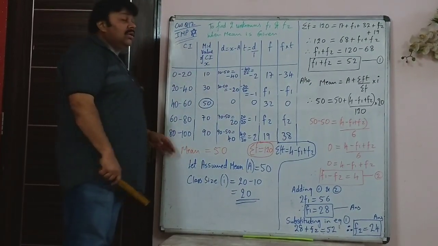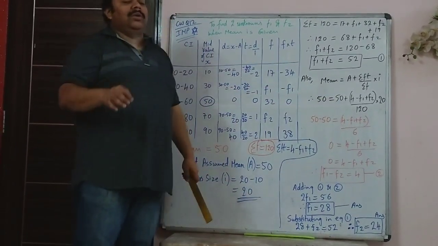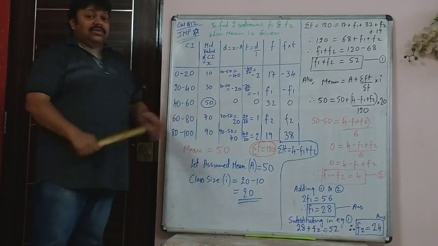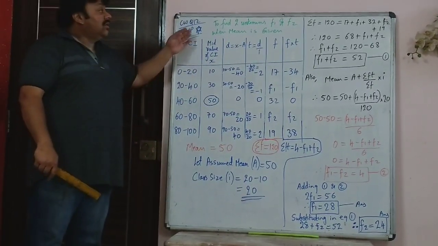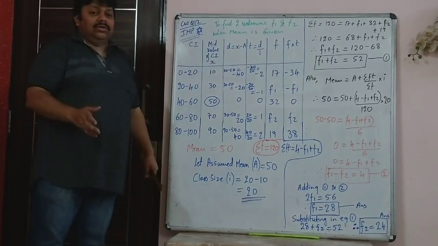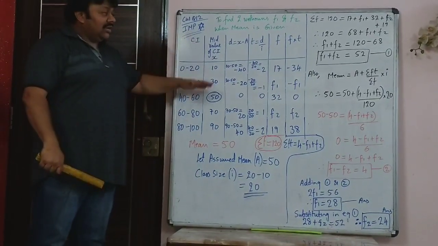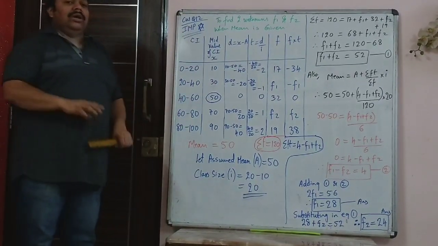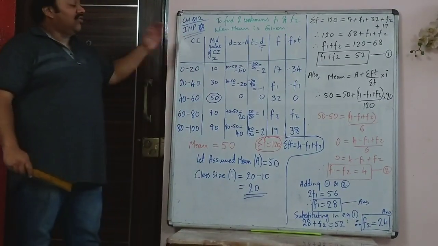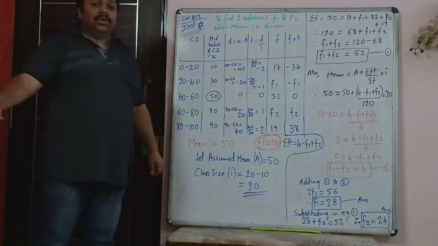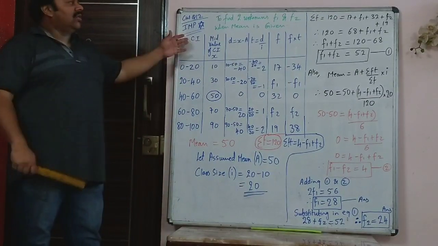You are already given mean. This sum, mark it important and do practice the calculation. I have told many times, not only copy the sum and keep it there, but before the exams when you revise, try to solve the sum without looking. Don't look at the solution when you are learning it the second time. First you look at it and copy it and keep it in your book. But later when you are learning, just take the textbook and try and solve those sums which you have marked important. Mark important in the textbook. And when in the Anish tutorial book you refer, you see and do those sums without looking.